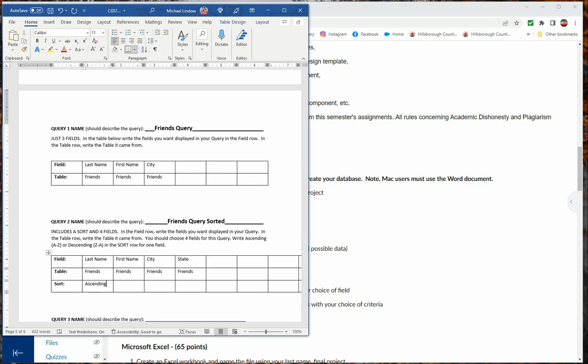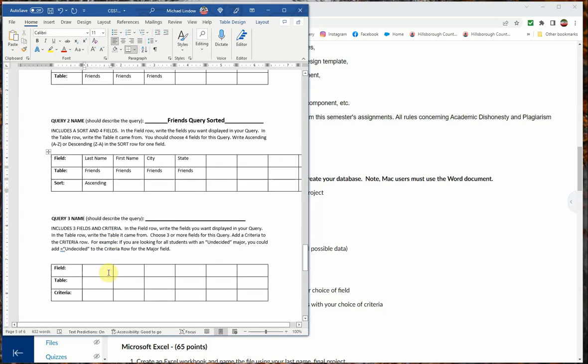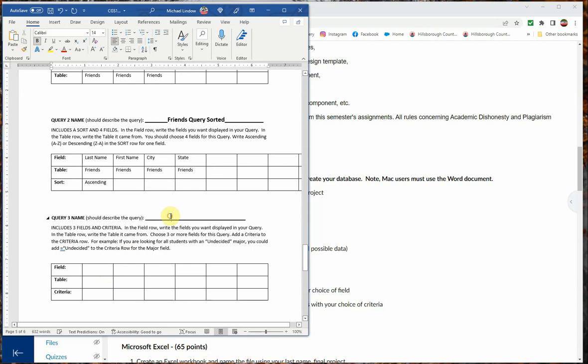If the field you were sorting was numeric, ascending would be numeric from smaller to larger. Descending is the other option, and that's getting smaller, or in alphabetical order, it would be reverse alphabetical. Query 3